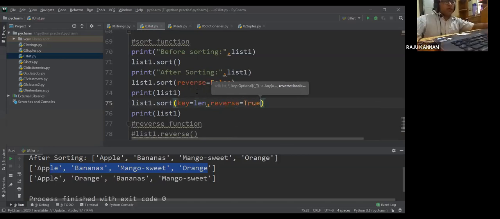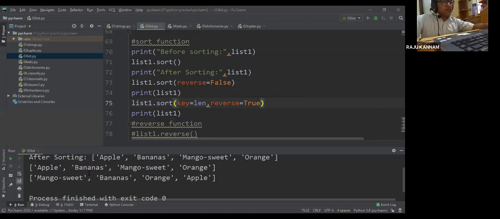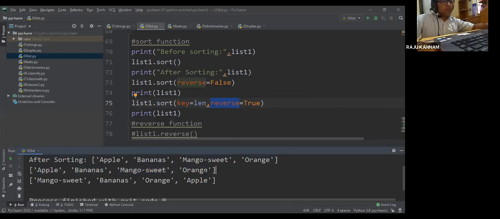First it will be sorted based on the length and then it will be reversed. You can see here, this is the result of sorting based on the length, and since you are giving reverse equal to true, it will be reversed like this.